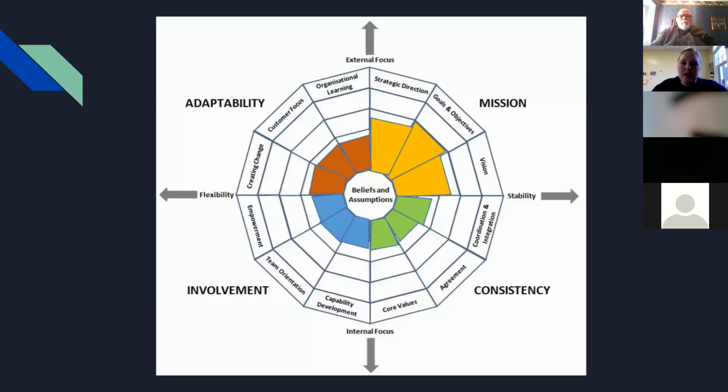So in thinking about the Denison model, based on the qualitative data that we do have, it seems like the goals, objectives, what we're supposed to be accomplishing on a team seems to be pretty clear. But we felt like the other areas, specifically involvement and consistency, are issues. There doesn't seem to be a high team orientation, so we're not working together well. But it's also really hard for the team to reach consensus because it is a split team. So based on the data that we do have, we feel like we know that those 2 things are an